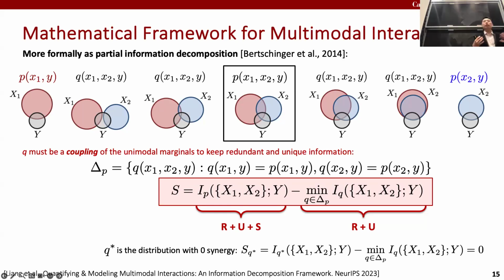So now we have a formal mathematical definition of synergy. And the question then is, can we estimate this definition in practice? There are two terms here. Our first term is the mutual information term. And in fact, estimating mutual information is a relatively well-studied problem in machine learning and statistics. And we have ways to approximate the first term in practice. So then we're going to focus more on the second term. How do we minimize mutual information in the presence of these couplings? That's a relatively new problem in machine learning.